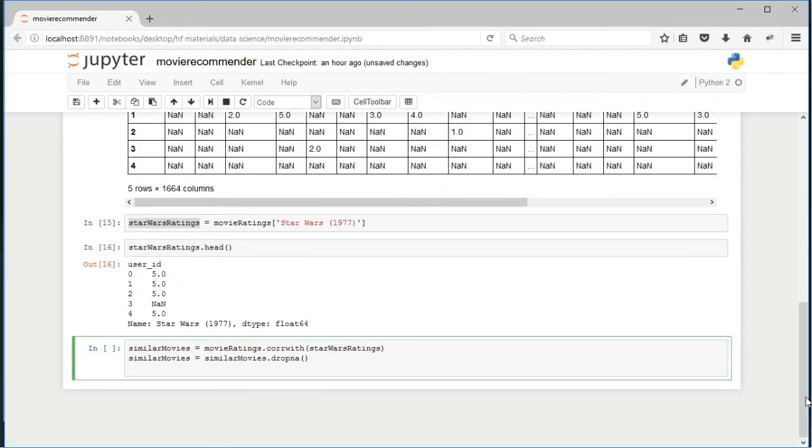Finally, we will create a new data frame,